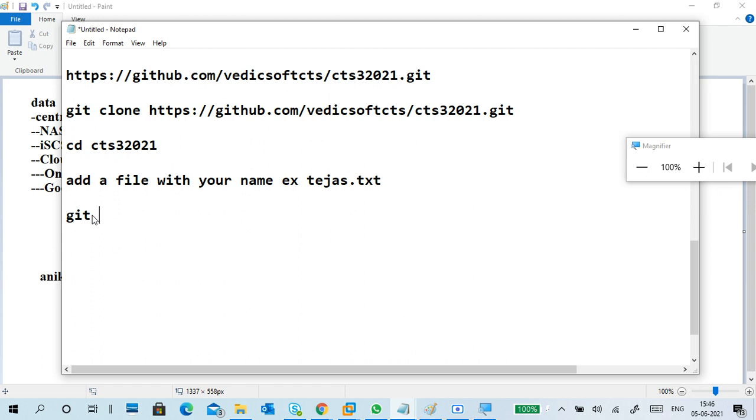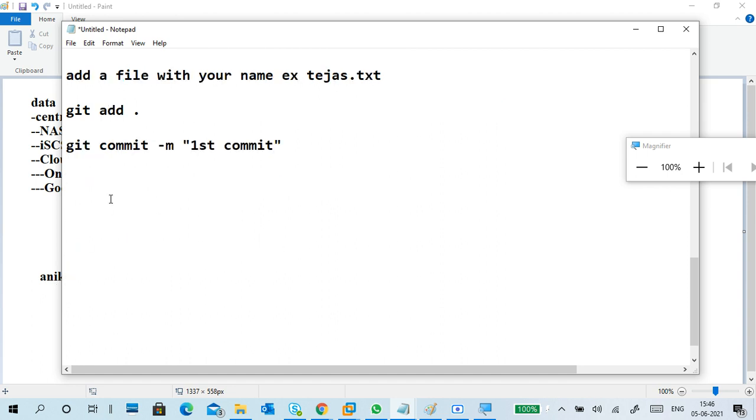Next, git add star. Git status, you see that one. That is for your learning. Add it. A file added. Anything, like my first commit. Just give a proper commit name.